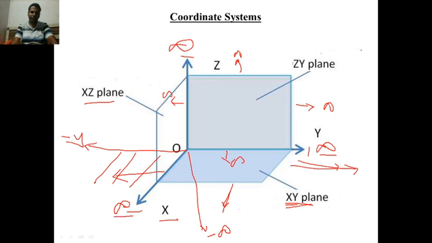So it can be again understood with the help of this. Suppose this is the x-axis, y-axis and z-axis. So this is the xz plane, a plane surface. It is infinite everywhere. Similarly, this is the x and y axes, so therefore this is the xy plane. It is infinite this side, this side, this side, as well as this side. So I hope you understood the xy plane, yz plane and xz plane.